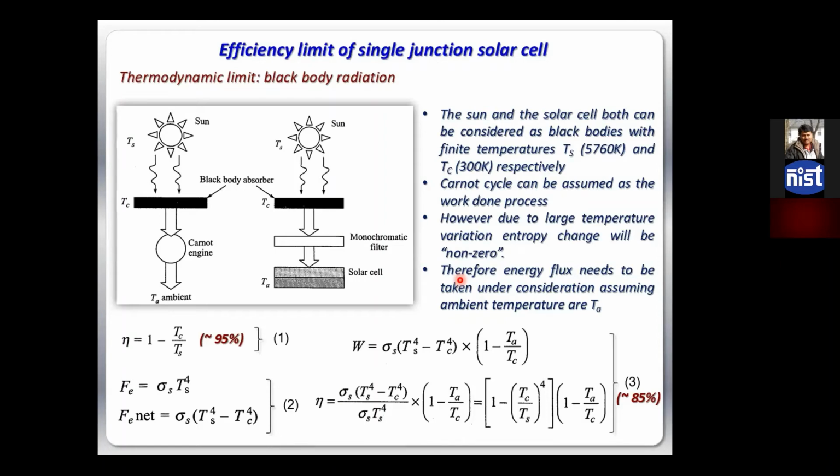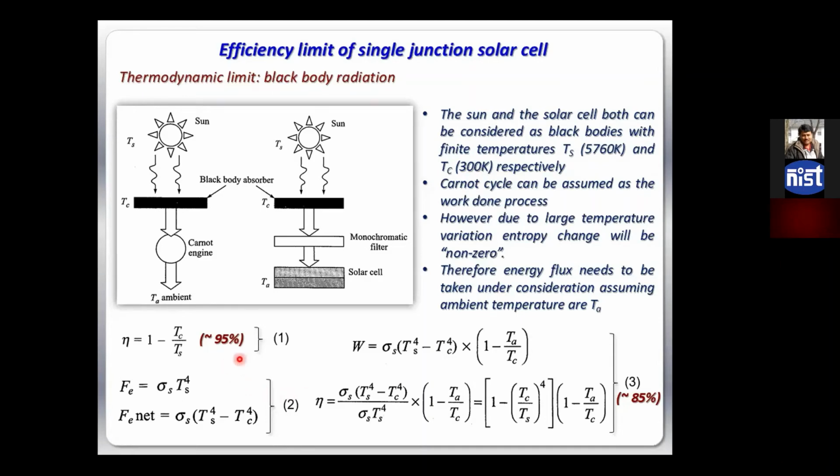The sun is basically a black body radiation, right? It is having fusion reactions and it is emitting so many photons. So it can be considered as a Carnot cycle going on between the sun and the solar cell. Some energy is coming in the form of photons from the sun, which is now getting converted into work by solar panels. So let us consider the solar panel as an engine and the sun as the black body radiation, right? So if that is the case, the finite temperature of the sun is around this much, and let us take the room temperature around 300 Kelvin.